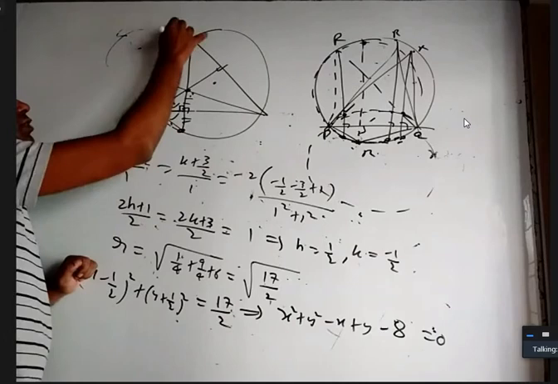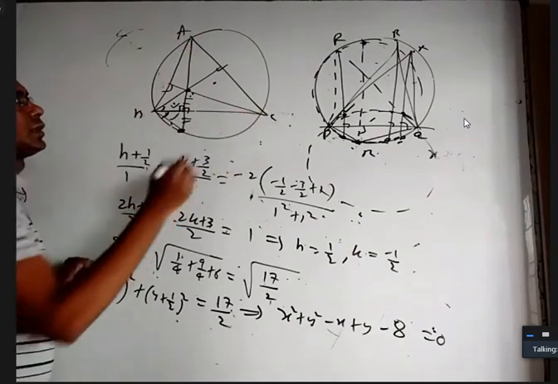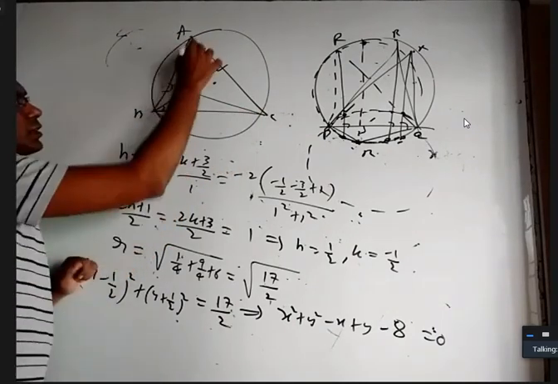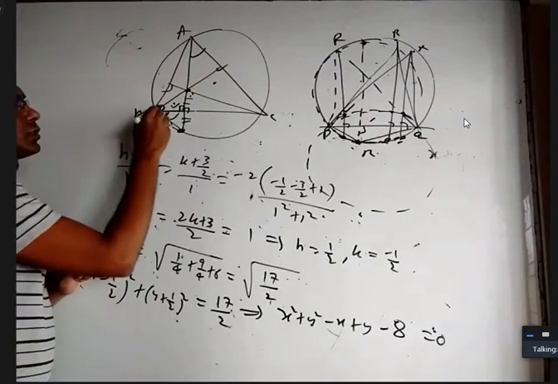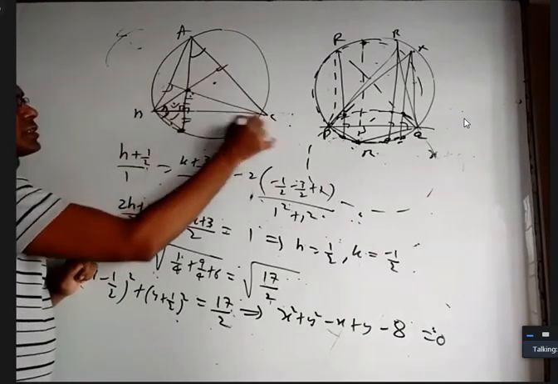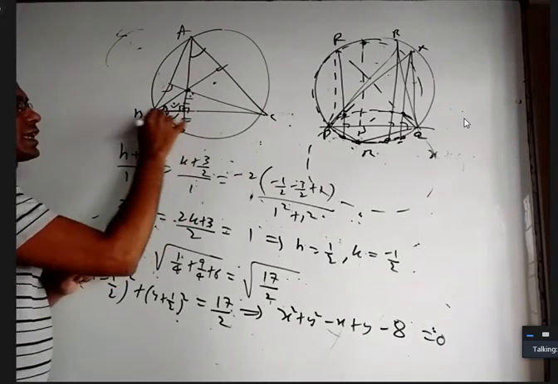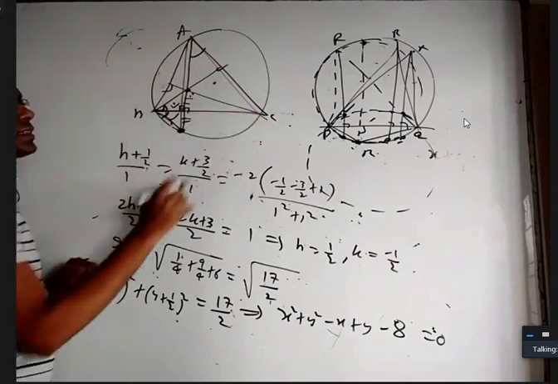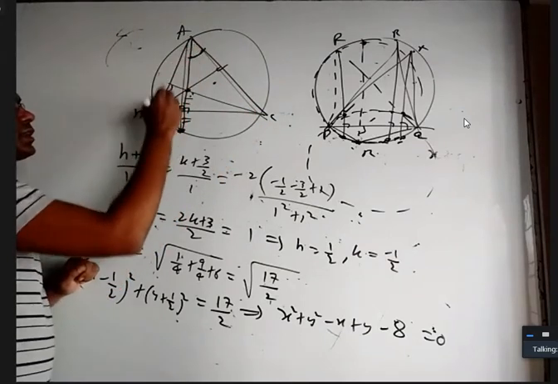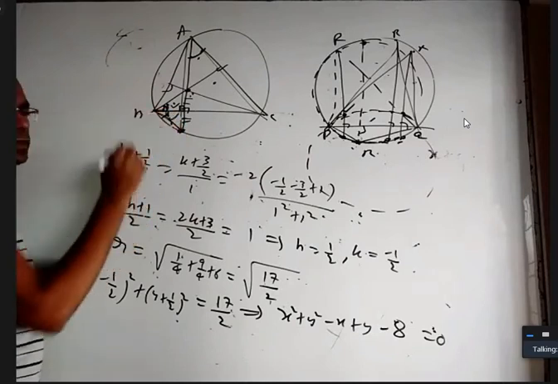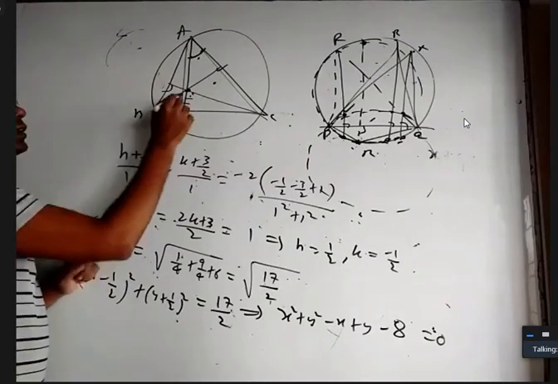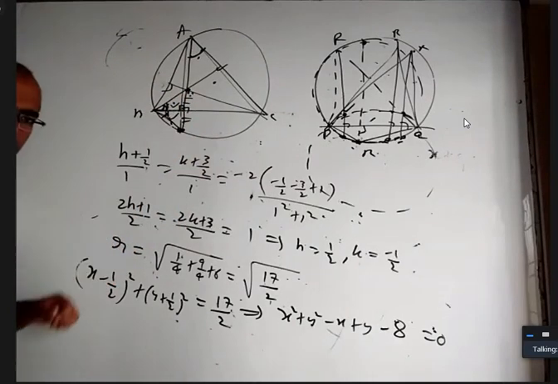To prove these two, when we took this as ABC, this angle is 90 minus C because this is a right angle triangle. And this is also 90 minus C because this is a right angle triangle. And this angle is equal to this angle because angles in the same segment are equal. So this is 90 minus C, this is 90 minus C, these two are equal. If these two are equal, then it is congruent. So they are images of each other.